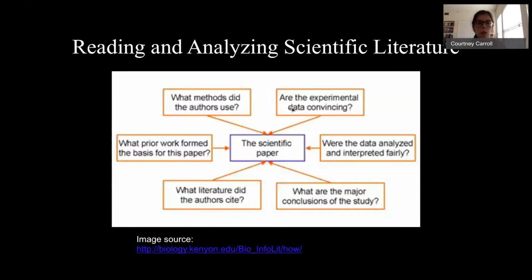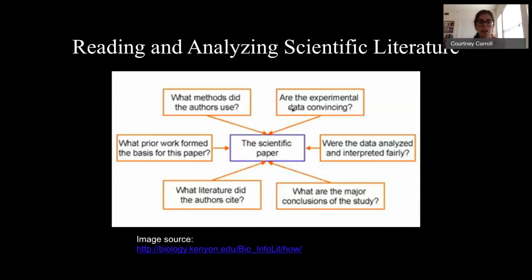In the last video, we talked about how to find a paper, how to use sources like Google Scholar and PubMed, and what the different types of papers you'll find on those resources are like, what the difference is between a primary research paper as opposed to a review paper. Now that you have the paper in front of you, let's talk about how we read and analyze that scientific